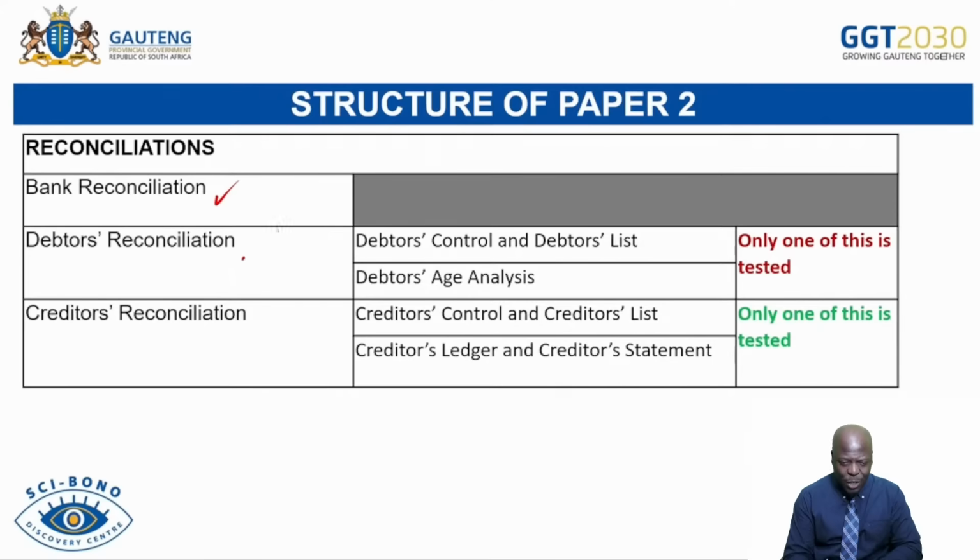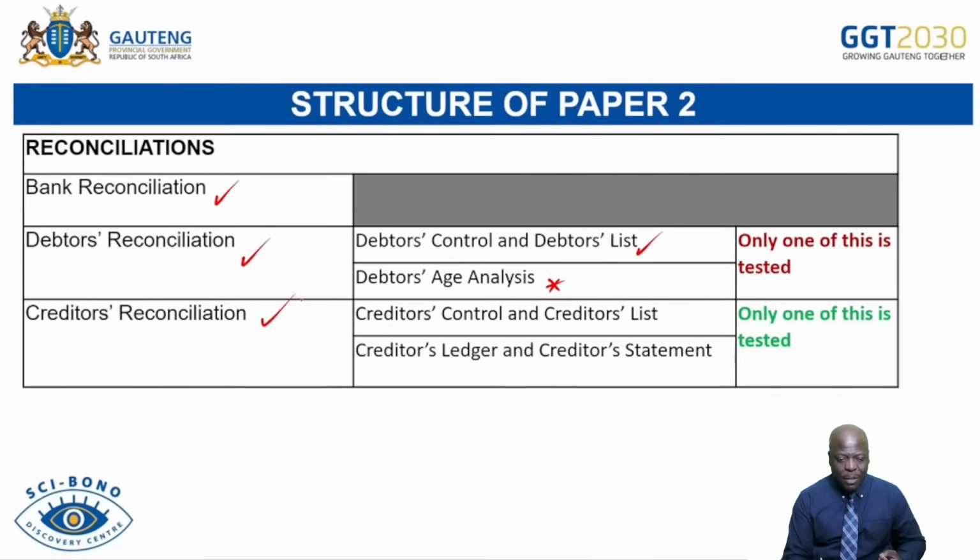The debtors reconciliation. So we did do the debtors control, and we were correcting it against the debtors list. All right. And we did do this one, I think, in the past few lessons where we did the debtors reconciliation. If you're still struggling, on this very same channel, you will find these particular lessons. The debtors age analysis, we did it very recently when we're looking at problematic debtors, challenges that you may find with your debtors. So please do make sure that you do revisit some of these lessons.